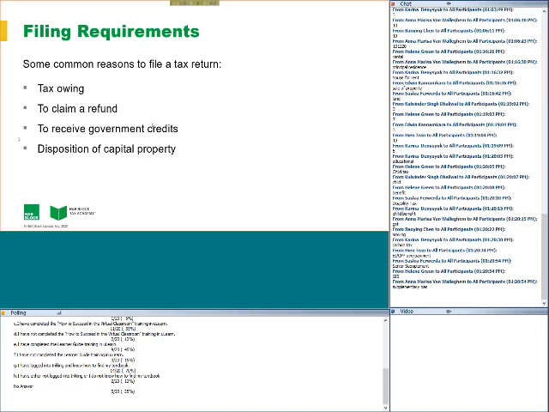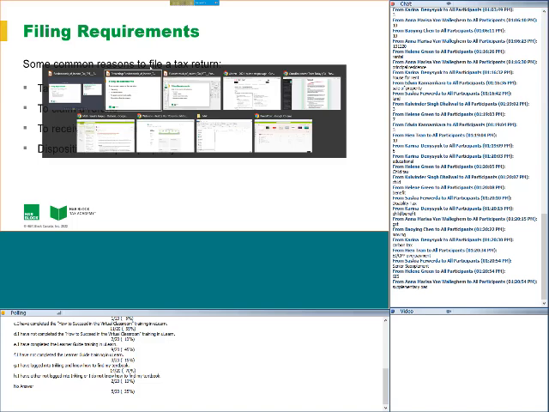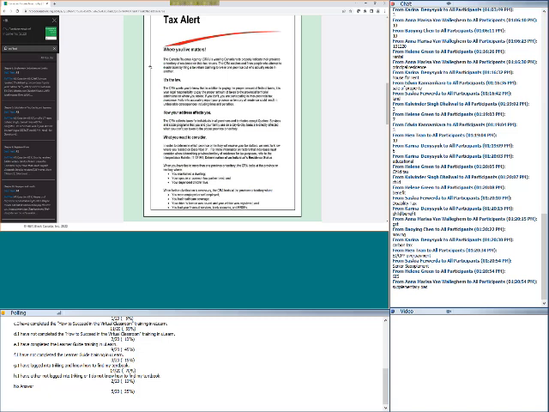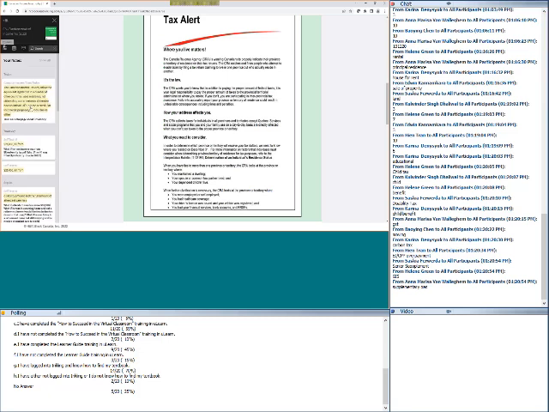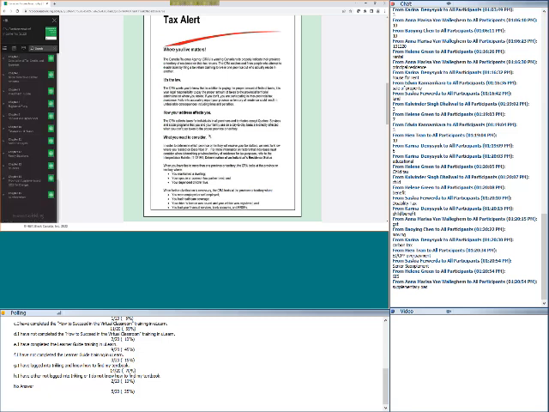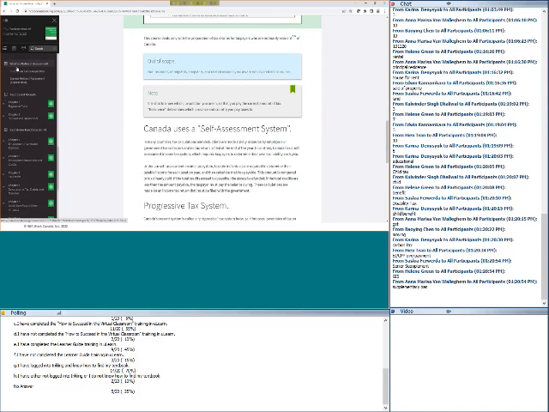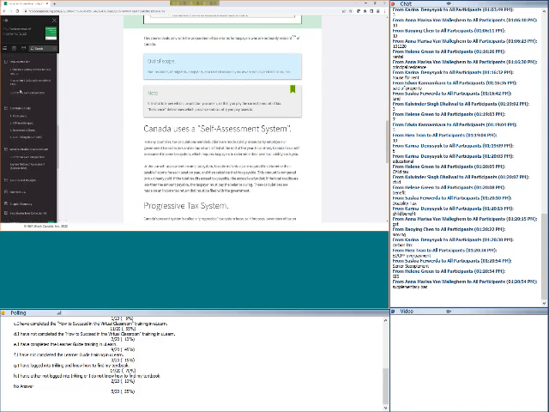Well, it's not what everyone thinks. First of all, lots of people have ideas about who has to file and when to file that are a little bit strange, so we're going to try to correct that today. I'm going to go into the return here. I'm going to go into my table of contents, and I'm going to find in Chapter 1 the page that we are looking for, which is